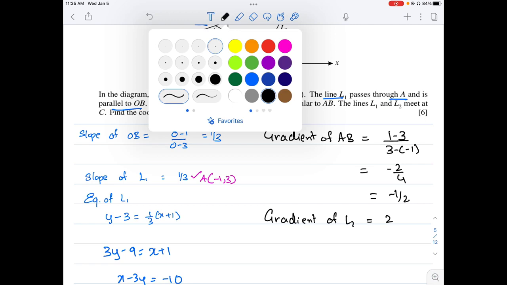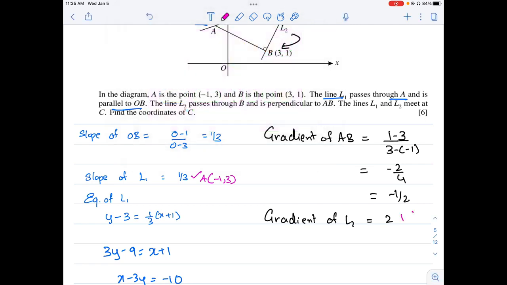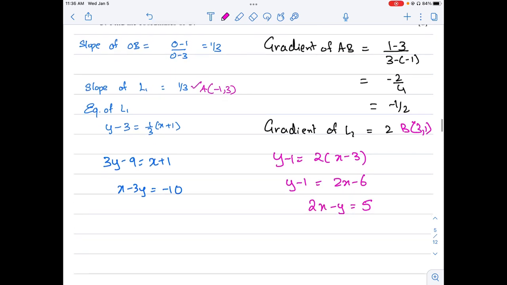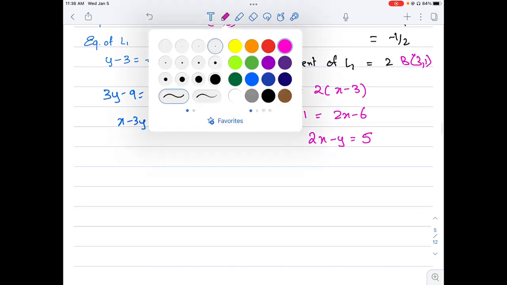But it is passing through B, which is 3 comma 1. So the equation will be y minus y1 is equal to m into x minus x1. y minus 1 equal to 2x minus 6. 2x minus y equal to 5. So I got two equations. Now solving these two equations,